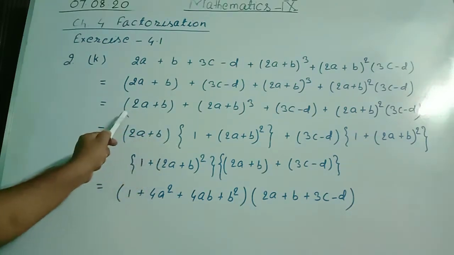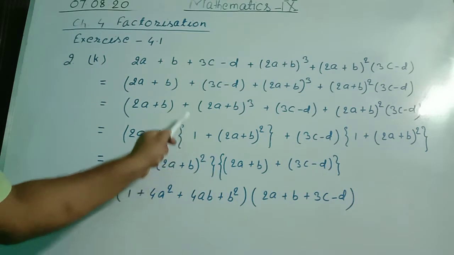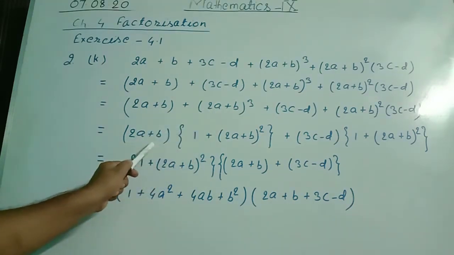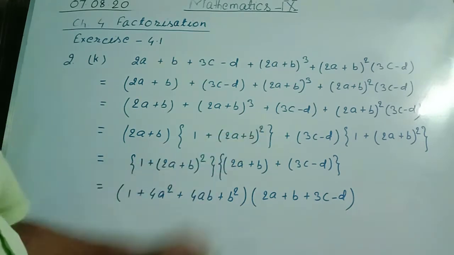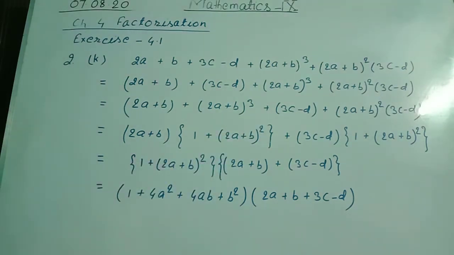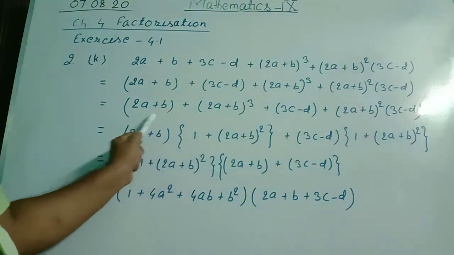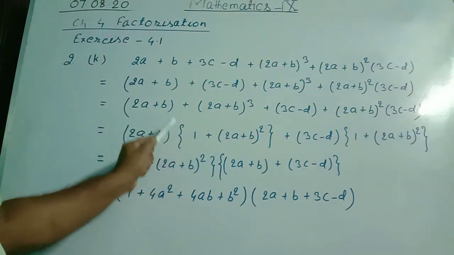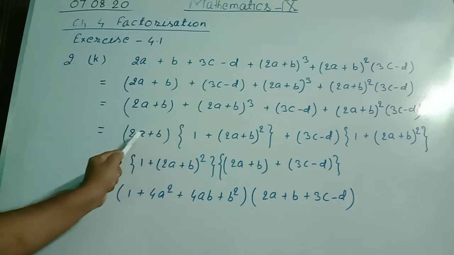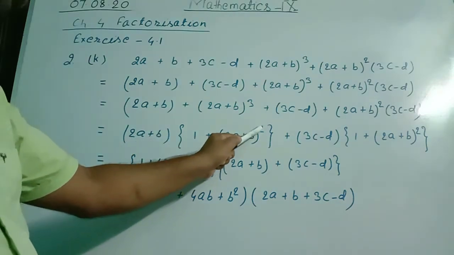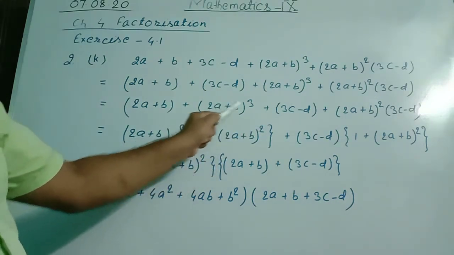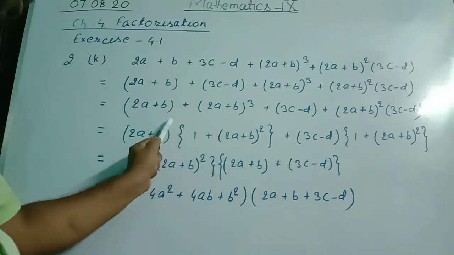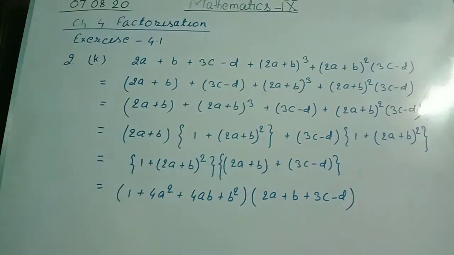Bracket starts, at this place 1 is left, this plus came here, and 2a + b is taken out, so (2a + b)² is left. If you multiply, then you will get back this expression: (2a + b) into 1 equals 2a + b, plus came here, (2a + b) into (2a + b)² equals (2a + b)³, because in multiplication powers are added. Here is 2 and here is 1, so 2 plus 1 is 3. Similarly,